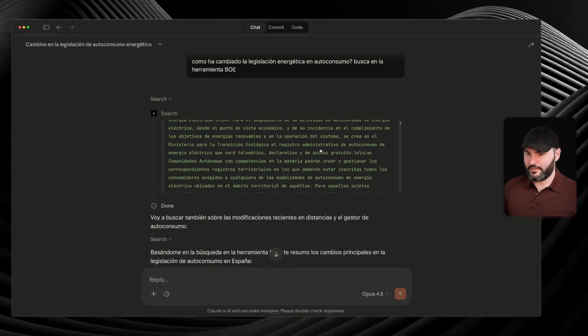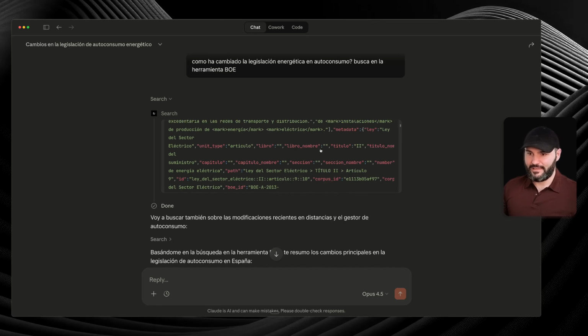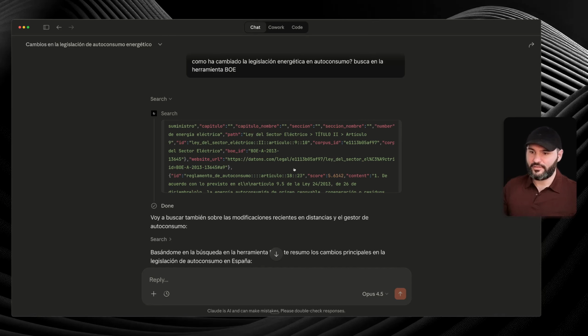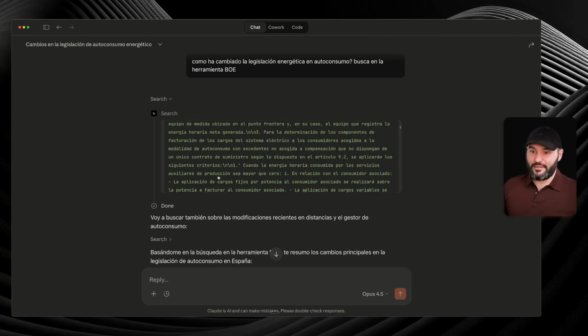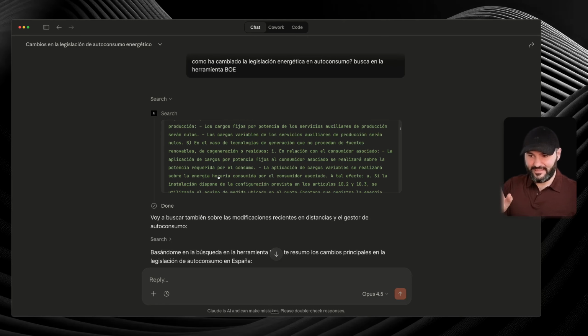You can see the document is really long. Here it's searching another self-consumption regulation, which is another unit of law,